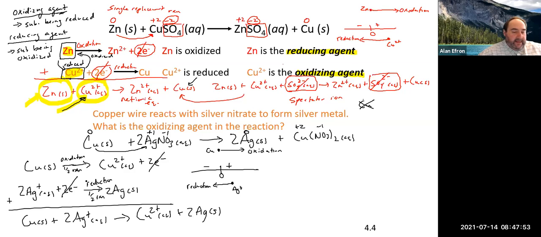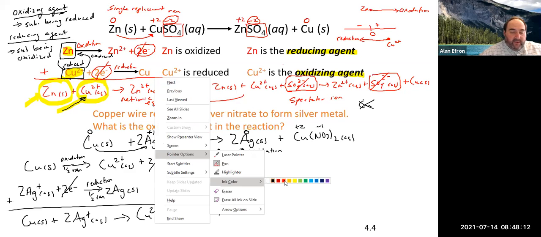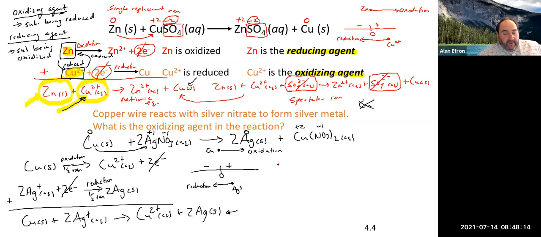By the way, you may be asking about nitrate here. Nitrate here is really a spectator ion. And to kind of show you that, like we have done previously, you could just basically take that overall reaction and break it apart like we did with our net ionic equations. And if we do, we would end up with a total ionic equation that looks something like this. And I'll just kind of write it down underneath. 2 silvers